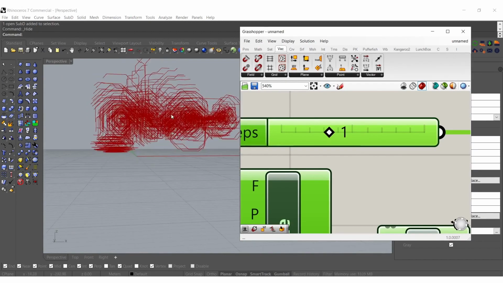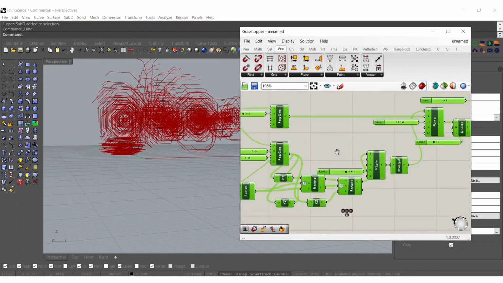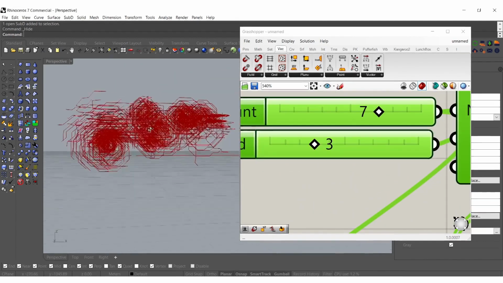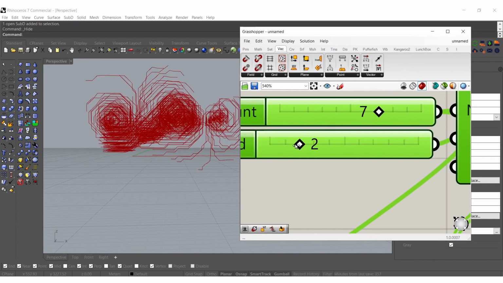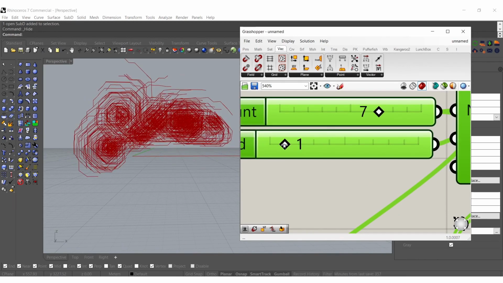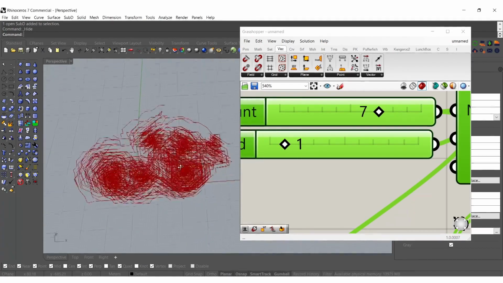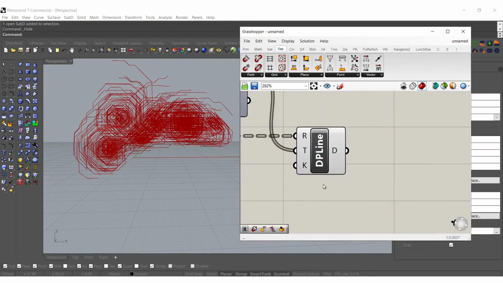Maybe it's just 1. There we go. So that's looking cool. Let's see if we can get different assortments here than what we had originally. Actually, this looks great. Something about like that. Pretty interesting. Okay. And from here, I'm going to do a little hand modeling, I guess, rather than doing full